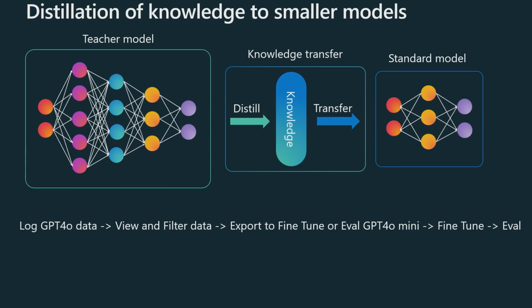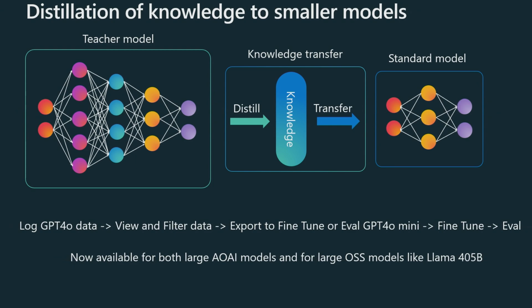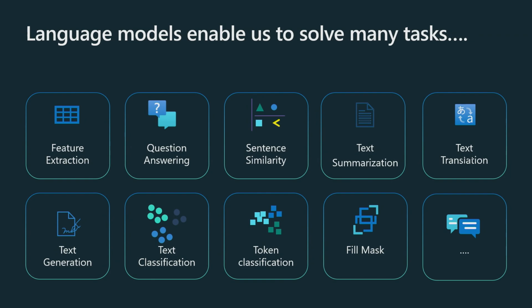This process allows you to create a much more capable, let's say, GPT-4o mini that mimics the behavior of GPT-4o, which is a much larger model. Or similarly, if you want to use it for your Llama 405B, you can do that for Llama and then the smaller variants of Llama and other open source models. So this is a really important technique where you want to get higher level model performance, but at lower cost.